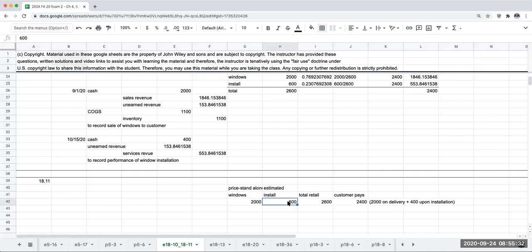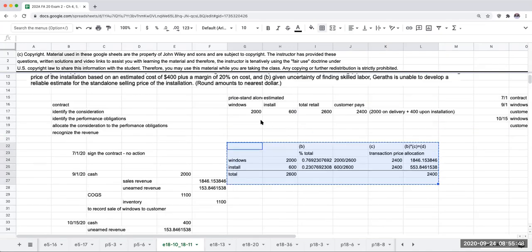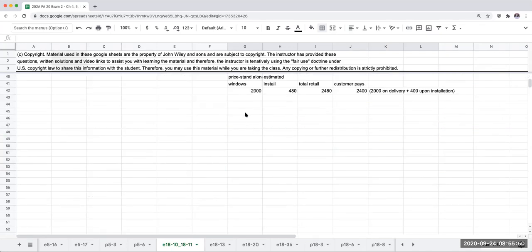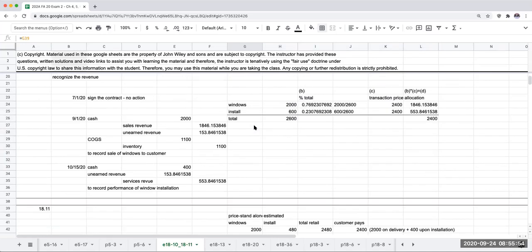So now my installation is no longer 600. My installation is in fact going to be 400 plus a margin of 20% of cost. But as you can see here, I still have the same issue. My same issue is that the customer is not paying the full price. So over here,